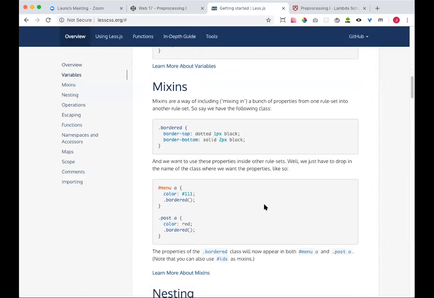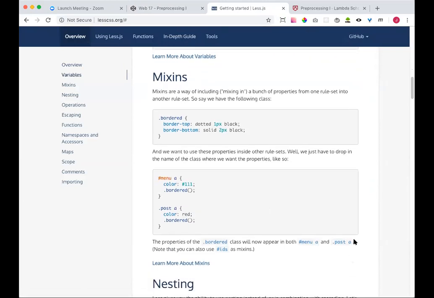Okay, mixins. This is really, really cool stuff. Mixins allow us to use and reuse CSS classes over and over, and even mix them together. So check this out. There might be a class called bordered, and it's got a border top, dotted 1px, and a border bottom. This happens quite a bit. You've got a design pattern that your designer is using over and over on many pages, and maybe they're doing this exact thing, a top dotted and a bottom solid. Well, it's so annoying to write this out every time. It's not very DRY. So what do we do? Well, we can actually mix it in